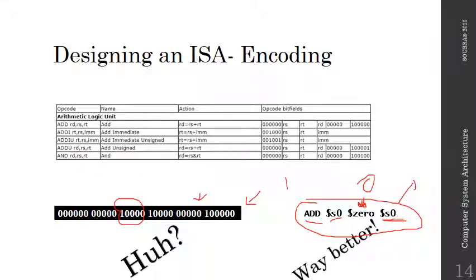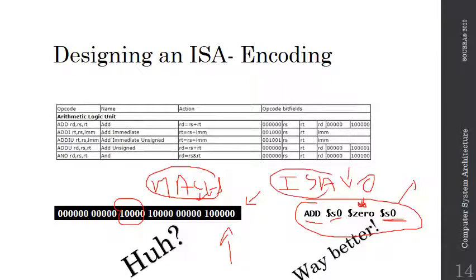So see, this is the ISA that I told you about, and this is the machine code. So if we're looking at it from the hardware, we're gonna see machine code, and if we're looking at it from software, we'll see ISA. Yep, I haven't lied to you, not yet. Anyways,